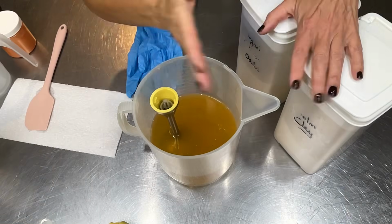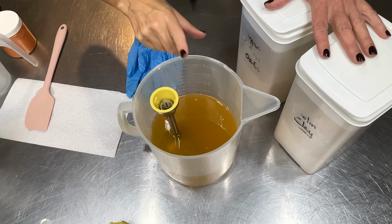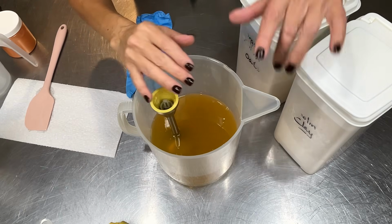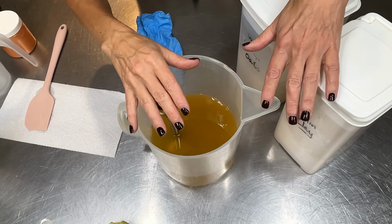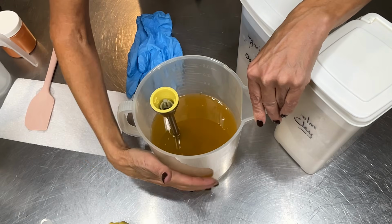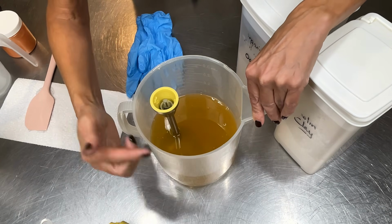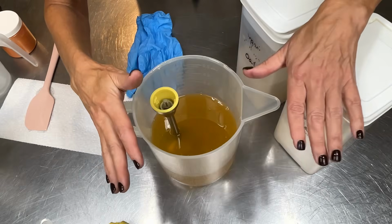All right, we are back to put my soap additives in the oils here, and it's the next day for me. I got busy doing other things, so I just walked away from the beer lye solution to let it cool, and I did have to warm these up a little. I just took the temperature. My oils are about 90 degrees, and my lye solution is about 80 degrees,